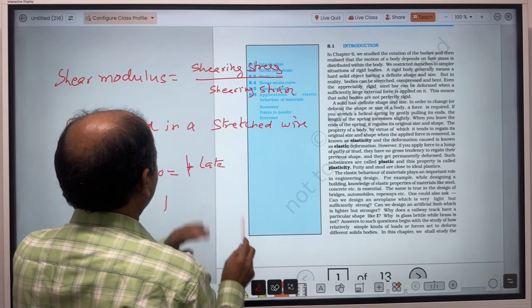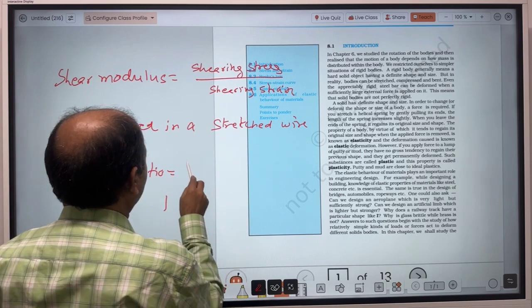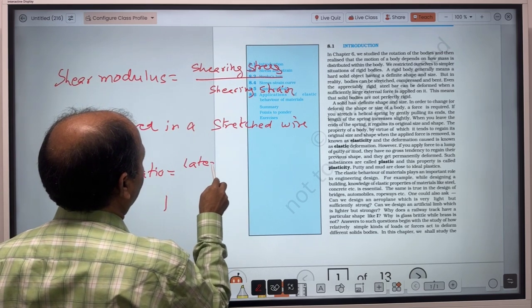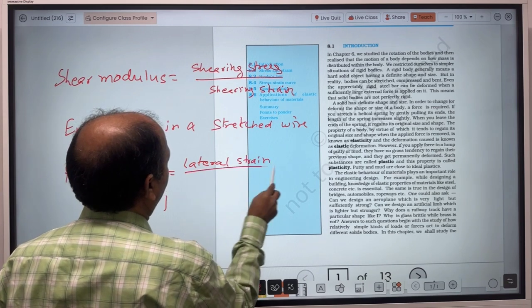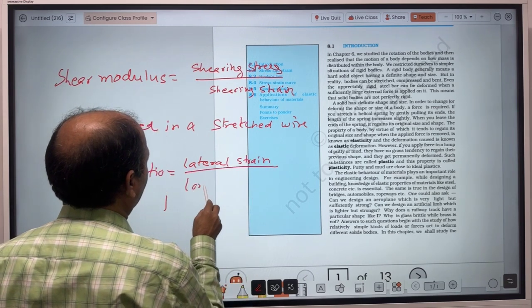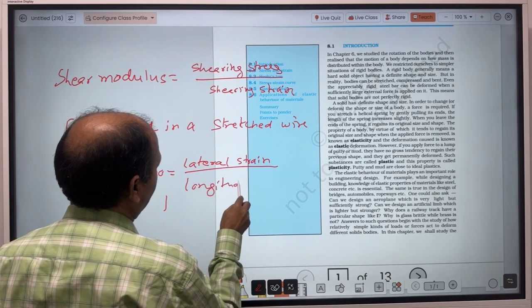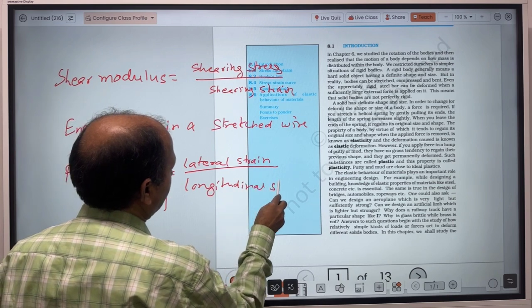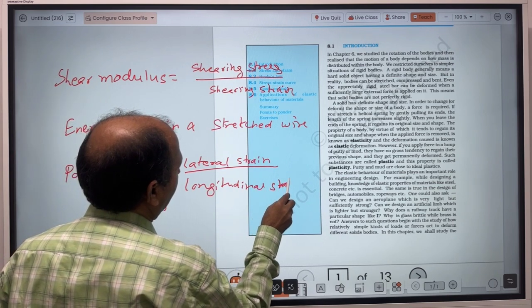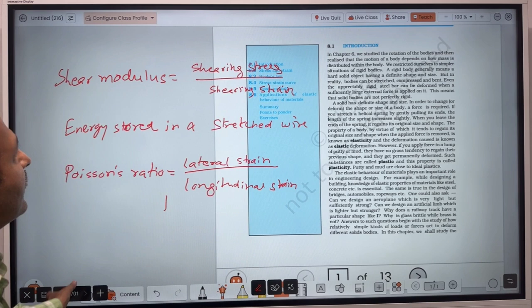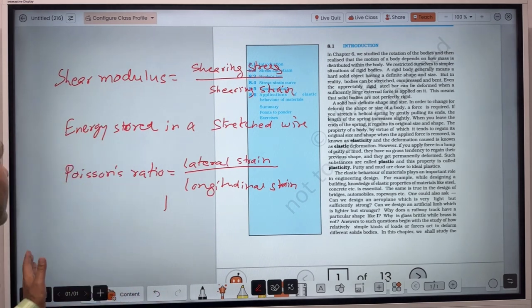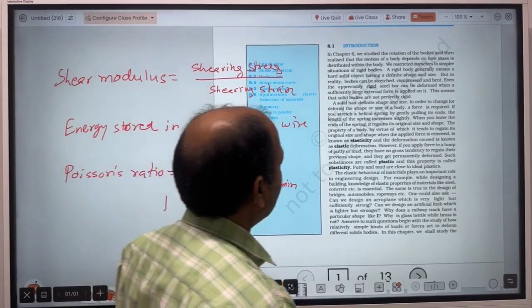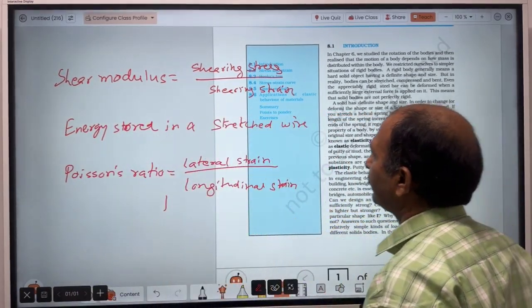There is no sign here. Lateral strain divided by longitudinal strain. So here, after having a look at these things that the lesson is about, you must have curiosity to know